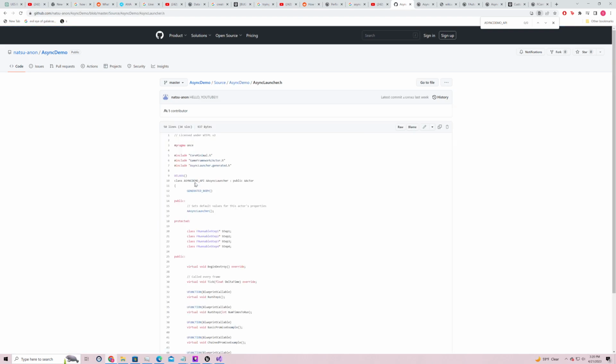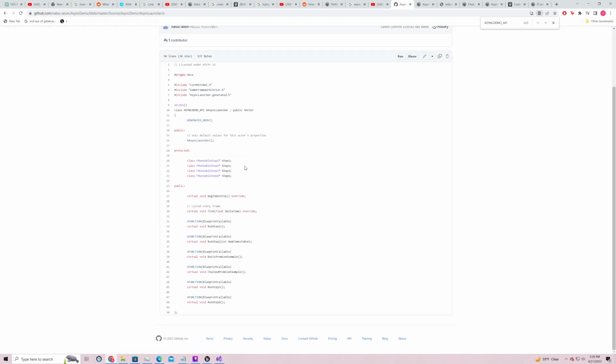I have to figure out how all this stuff works, because I don't usually do it in C++, so I have to... Here it is. Knew I'd find it eventually.